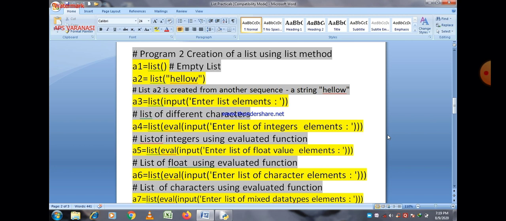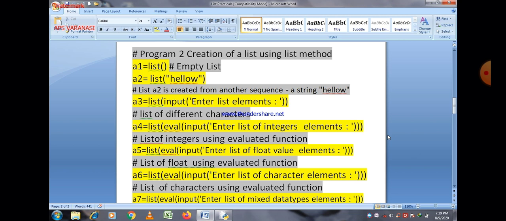Hello is a string, and H, E, L, L, O are the different characters of the list when we print this list a2. We can see it later after the execution of the program. And third is a3, list of input list elements.